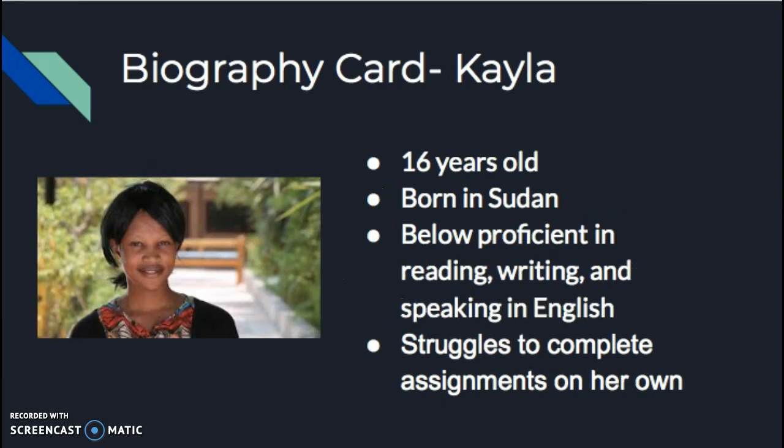Naibani came to the U.S. from Sudan 3 years ago and attended school in Jacksonville, Florida before coming to Nebraska. She had inconsistent schooling in Sudan and received poor grades. She is not proficient in reading, writing, or speaking in English. Naibani is behind academically and really struggles to grasp new concepts. She also needs a lot of one-on-one assistance to be successful.